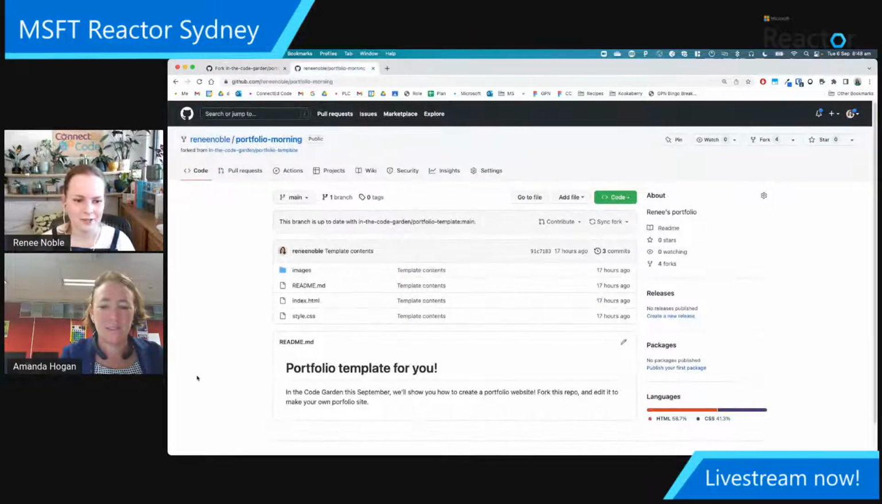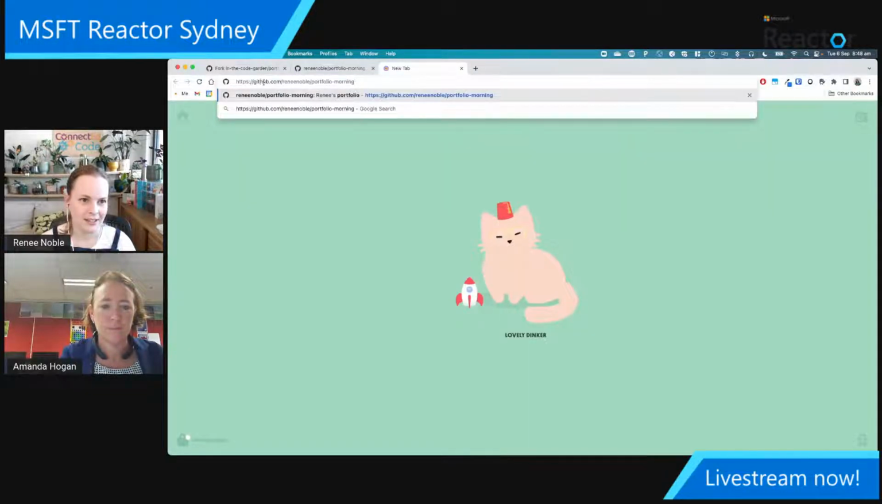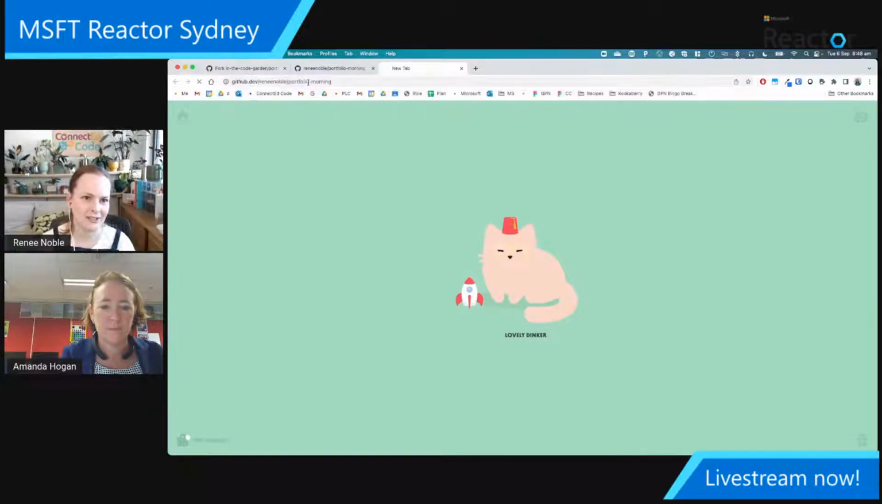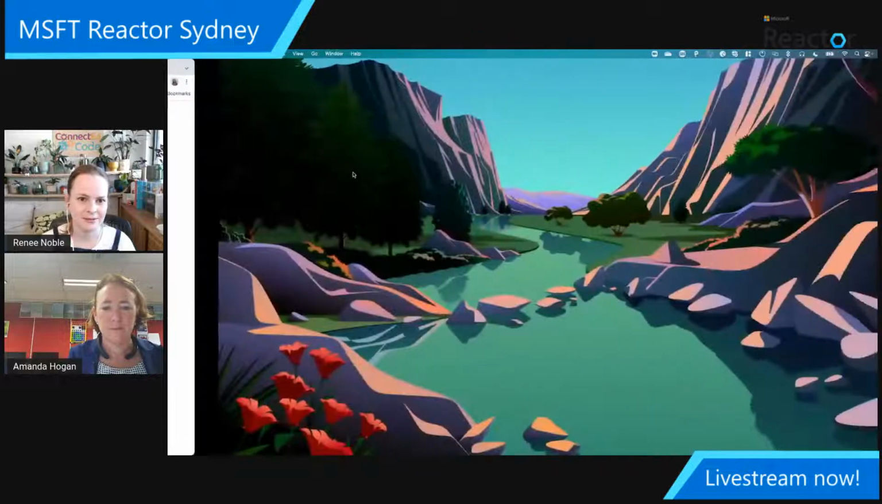Okay, so we've got our fork here, and then I want to code this in github.dev. So I'm actually going to make a new tab, and then I'm going to change github.com to github.dev, and that's how we're going to get into our editor for today, which is super chill. So while it loads up,